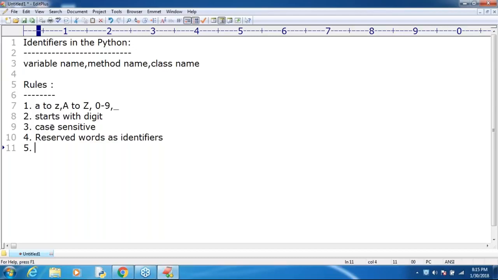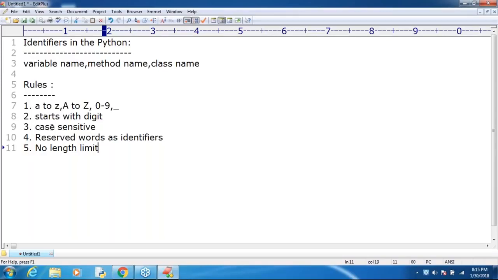Next, there is no length limit for Python identifiers. If you want, you can take a 1 crore length identifier also, no problem at all, but it is not a good programming practice.